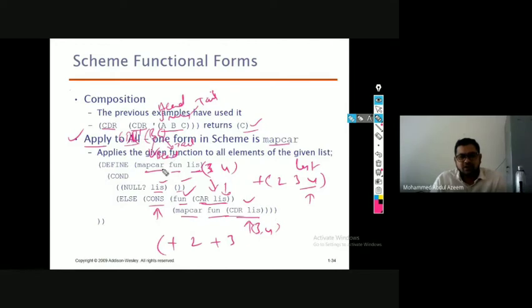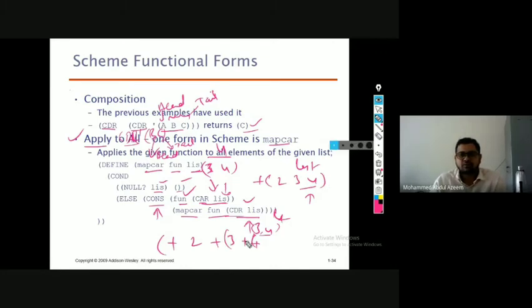Now again, when that function is being called, the list is null, so you come here. Then function of, that is nothing but plus, you have 4, right? So 4 is going to be placed here. So now you can see that you will get the elements like this, right? So in this, what happens? First plus 3, 4 is going to be evaluated, which is nothing but 7. Then plus 2, 7 is going to be done, which is nothing but 9. Okay. So that's how the result will be obtained from the sum.